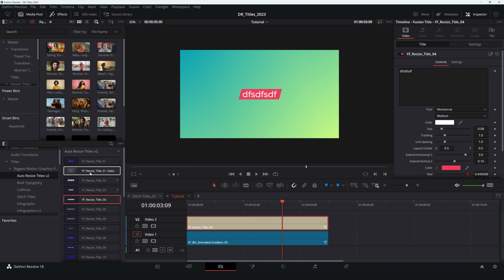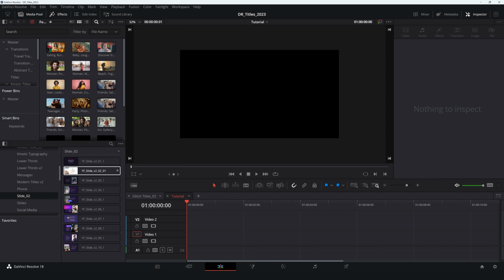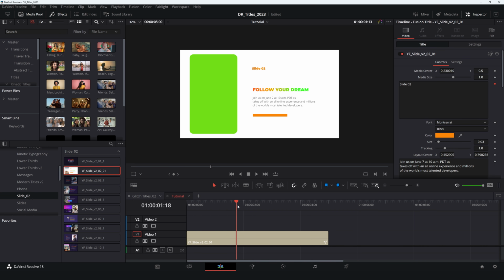All templates work in the same way. You simply drag and drop it into the timeline and everything works fine. And the last thing I want to show you here with the titles is that some titles have media files in them, for example slides. So I will use, for example, this one, drag and drop it into the timeline, and as